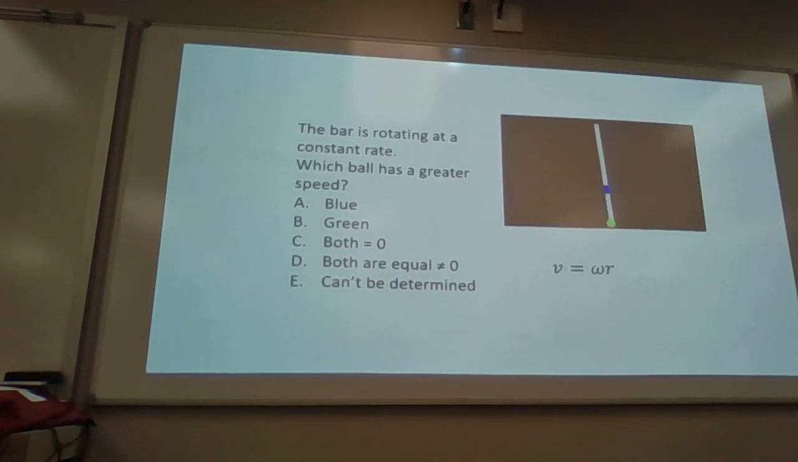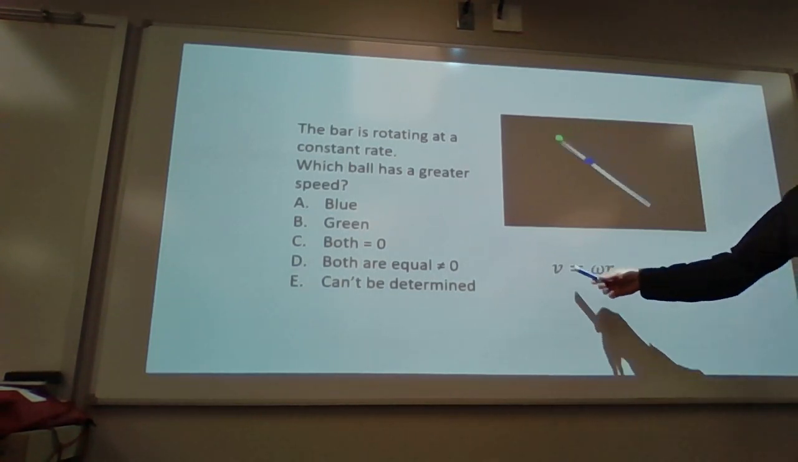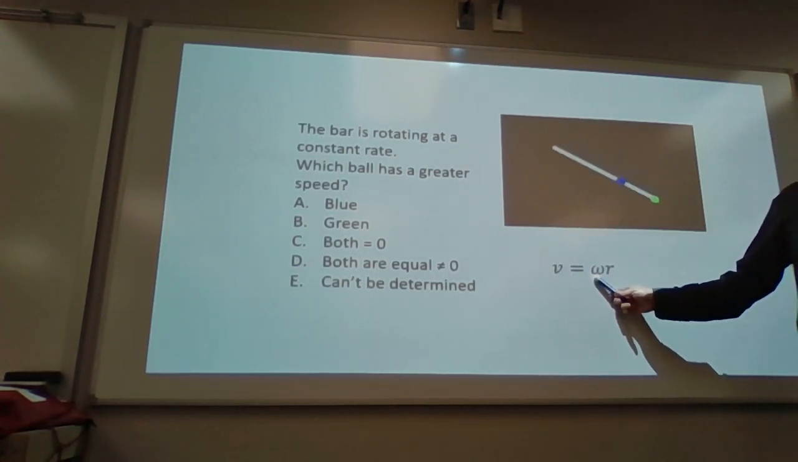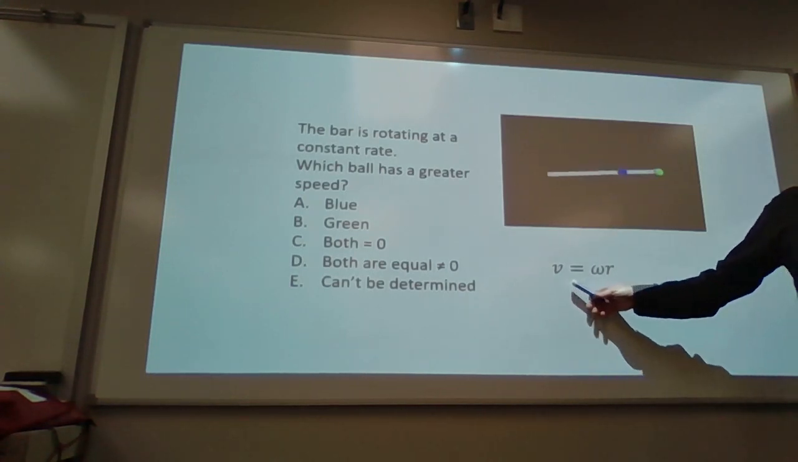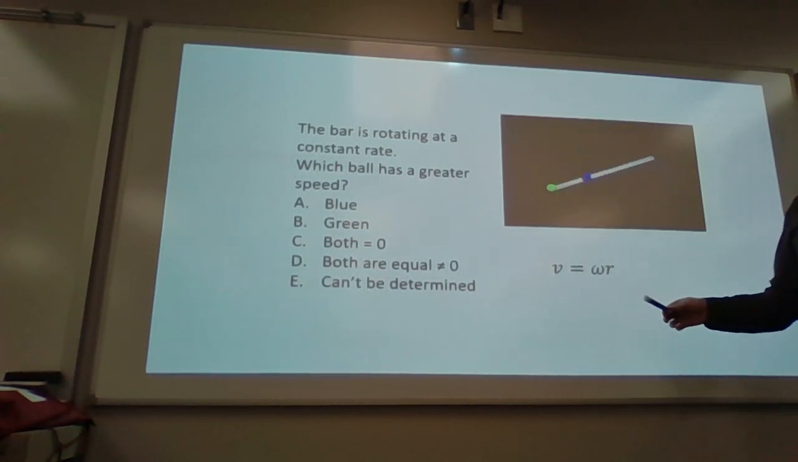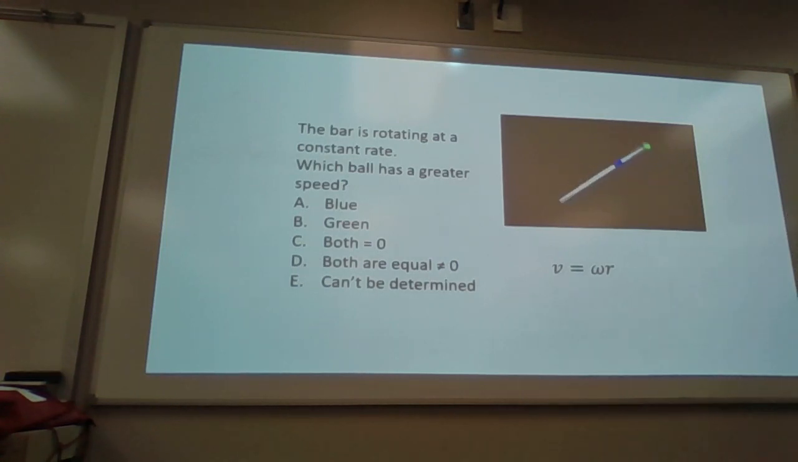Okay. Correct answer is B, green. Okay. So you've got this equation. They have the same rotational speed, but green has a greater radius. This is kind of the math way. Conceptually,